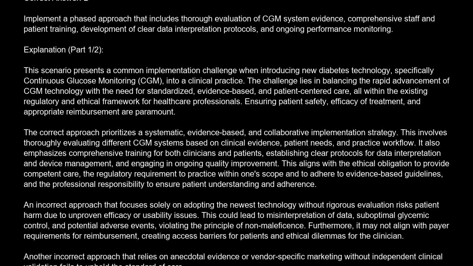This aligns with the ethical obligation to provide competent care, the regulatory requirement to practice within one's scope and to adhere to evidence-based guidelines, and the professional responsibility to ensure patient understanding and adherence. An incorrect approach that focuses solely on adopting the newest technology without rigorous evaluation risks patient harm due to unproven efficacy or usability issues. This could lead to misinterpretation of data, suboptimal glycemic control, and potential adverse events, violating the